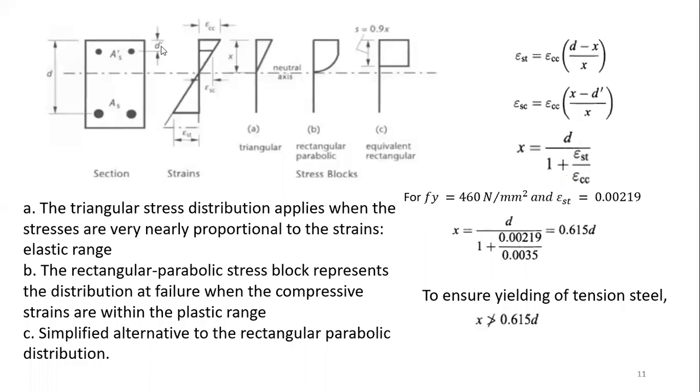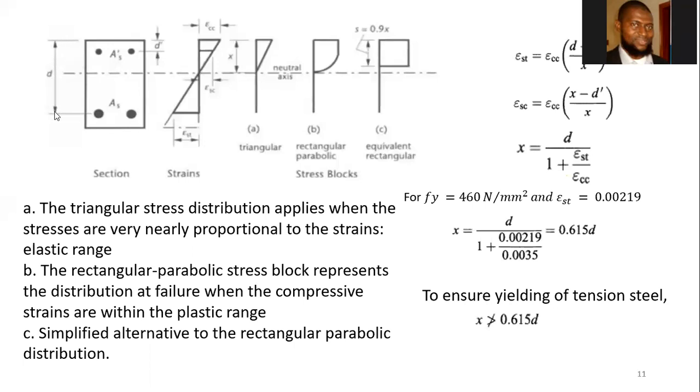From the top of the beam to the middle of this reinforcement bar at the bottom, that is what we call the effective depth. If I want to determine the effective depth of this member, I can subtract the cover to the reinforcement, and then subtract half of this reinforcement bar, and that will give me the value of d.